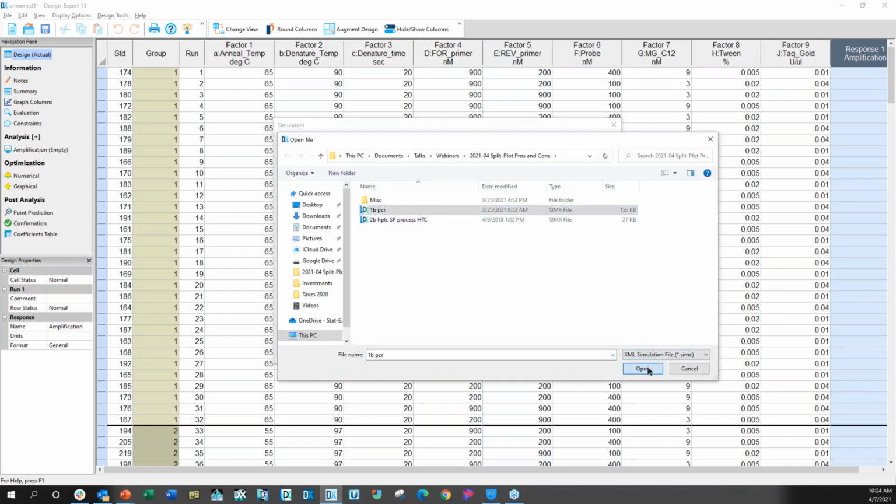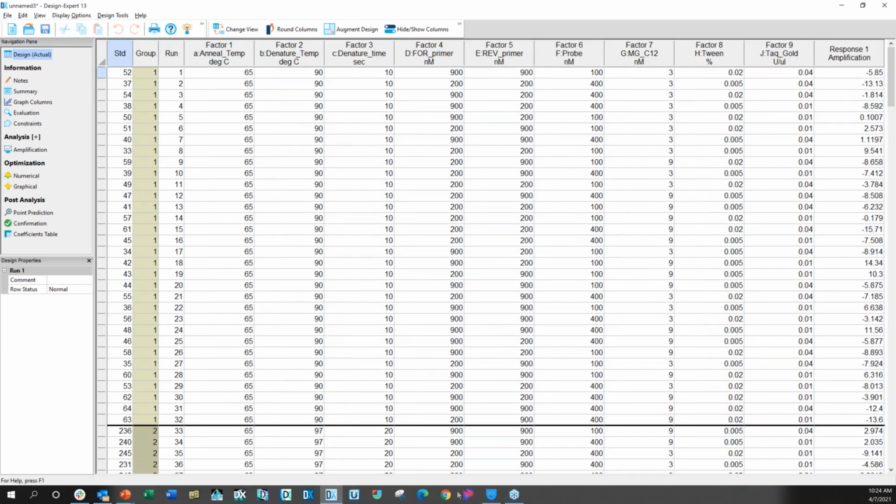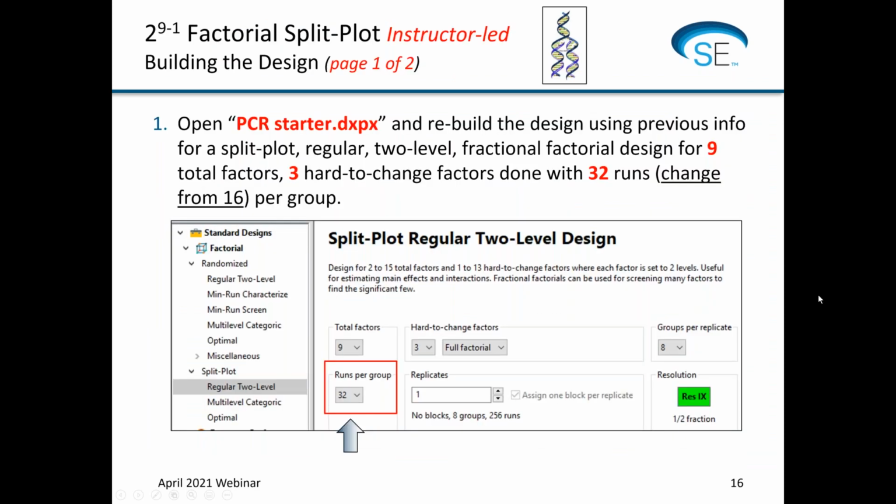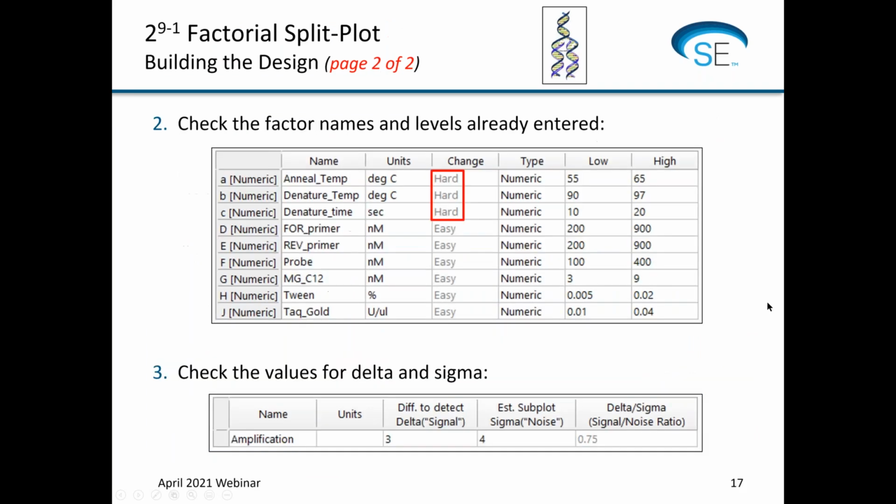For this by running a little simulation. But first I'm gonna go back to the PowerPoint, make sure I didn't skip anything. Okay, so I opened up our starter design, I built the design, we had the hard to change factors, the